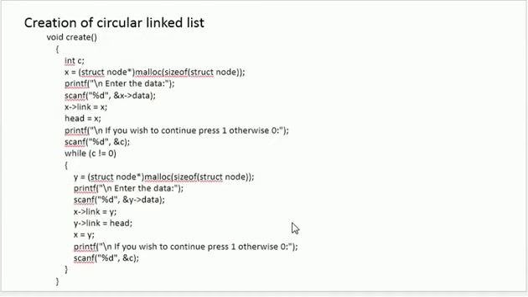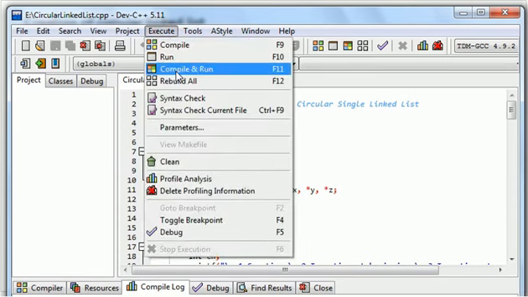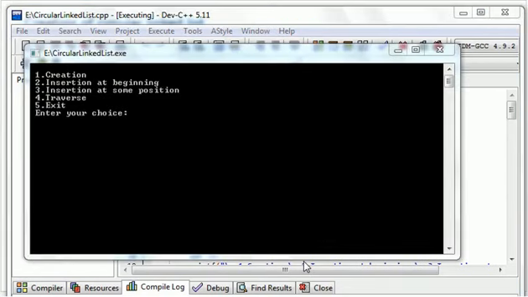So before looking into further things, let's see how I have written something to create the circular list. And let's see the execution part first so that we come to know in which way we are proceeding. So it will become easy for us to understand the purpose. Now my program has been executed and I can see that it's a menu driven program where within the menu I'm getting 5 different options for creating the list, for making insertion at beginning or at some point, traversing the list and exiting out of the menu.